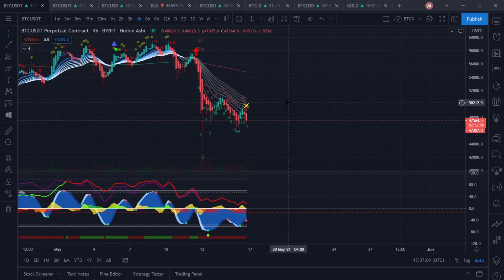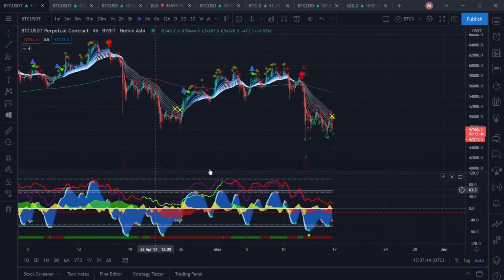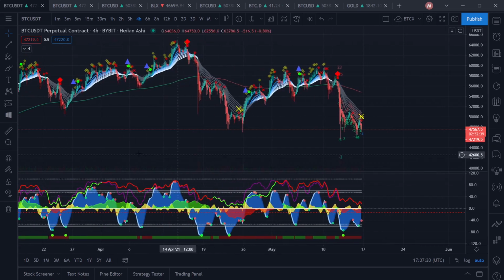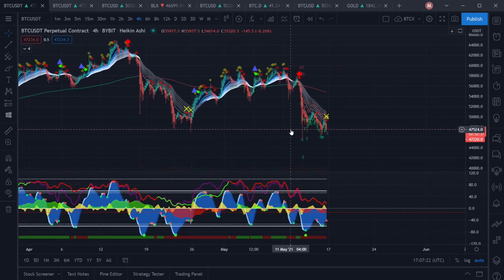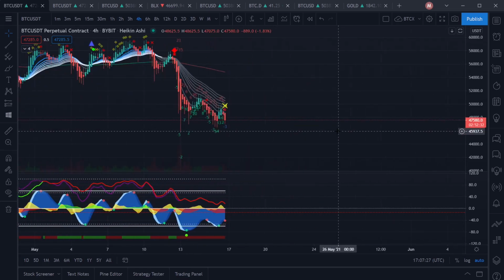Let's do a little bit of TA right now, and we're going to talk about my strategy with Market Cipher. We're going to talk about the indicators a bit, because people have a lot of questions about the indicators and how I use them. And right now we actually have